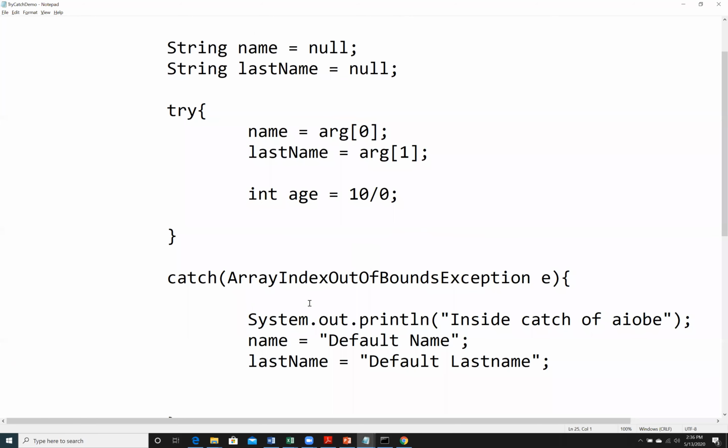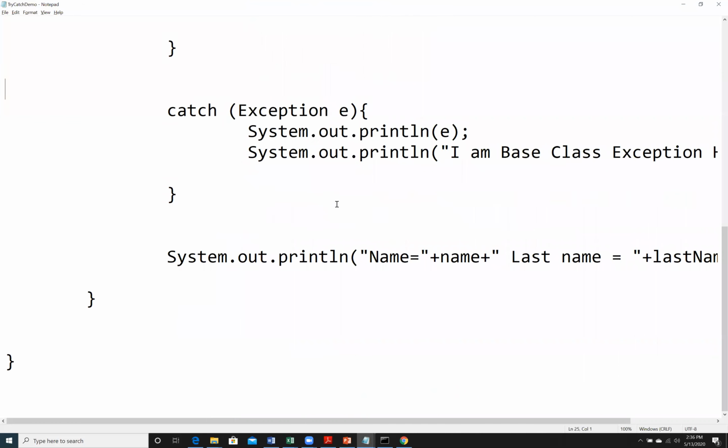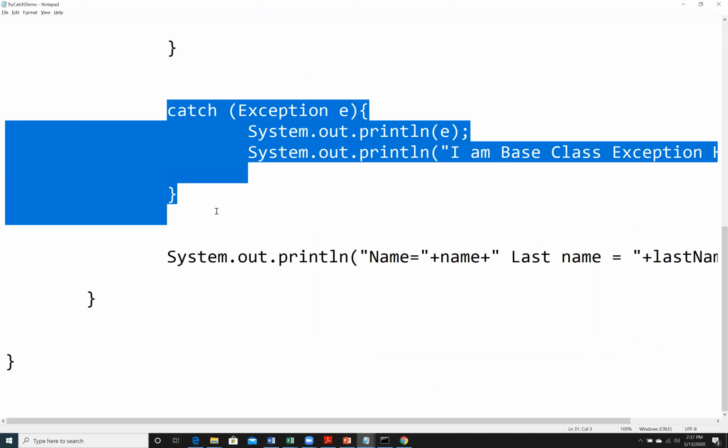So you can see in this case, if there is an array index out of bounds exception, your catch block 1 will execute. And for all other types of exception, be it a string index or any of the hundreds of other exception types, the handler for Exception will be executed. Right. So we got an idea that this catch block with the base class Exception can be provided when we have multiple catch blocks.